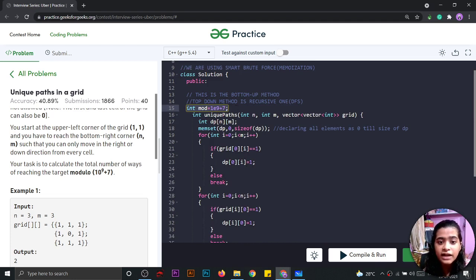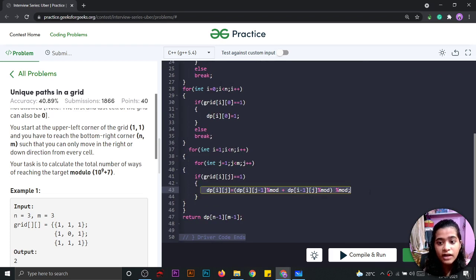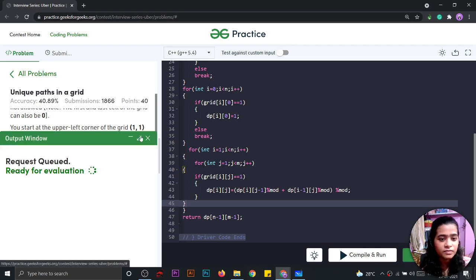And we have to take our operation modulo mod so that we are not having any error while submitting the question. This is the way we are using the mod. Just learn the way. Let's submit it.